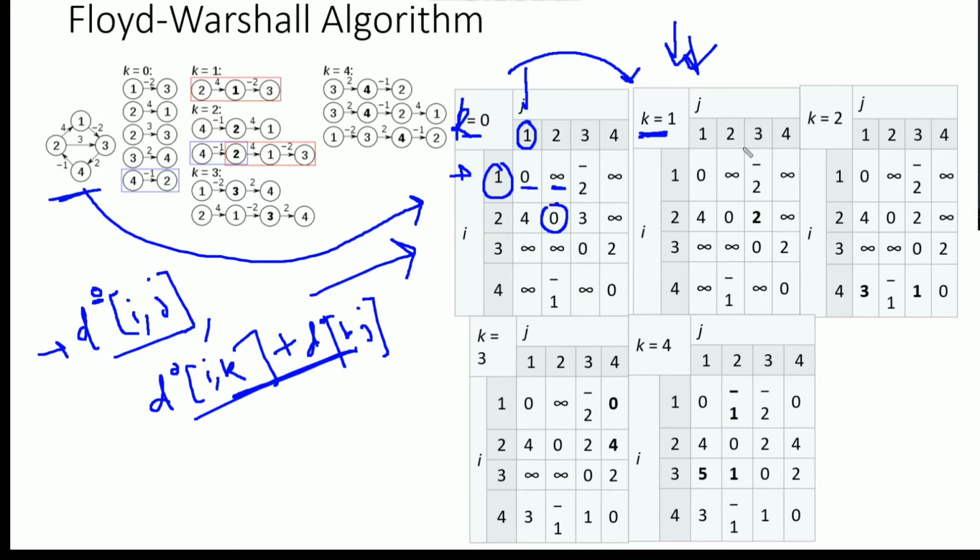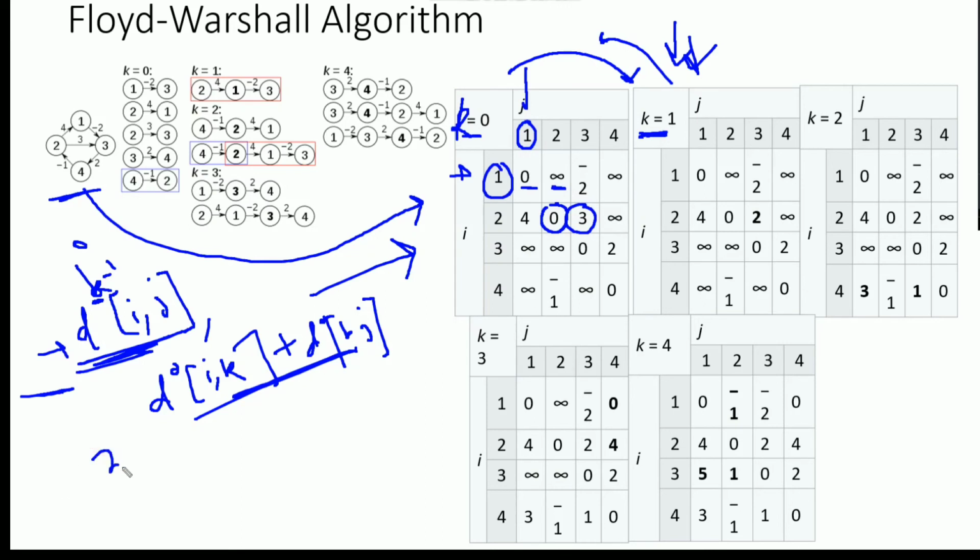Now if we see in the graph, 2 comma 2 is nothing but the self vertex, so its value will be 0. Now next is 2 comma 3. For calculating 2 comma 3, we need to use this formula at the k minus 1 matrix. The value of k is 1, so k minus 1 means 0. In the previously calculated matrix, what were the distances between vertex 2 and 3? We find that the direct distance is 3. For vertex 2 comma 3, the shortest distance is 3.